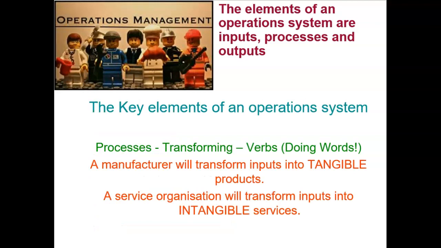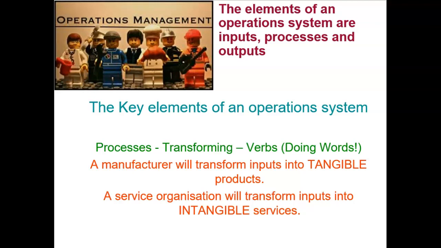Okay, the next element of the operations system is processes. So we've done the inputs. So the processes, the transforming of the inputs into outputs. So this is the key operations within the business. Think of them as verbs, as in doing words. So they end in ing. So just think of it that way, and then that helps you to understand what the